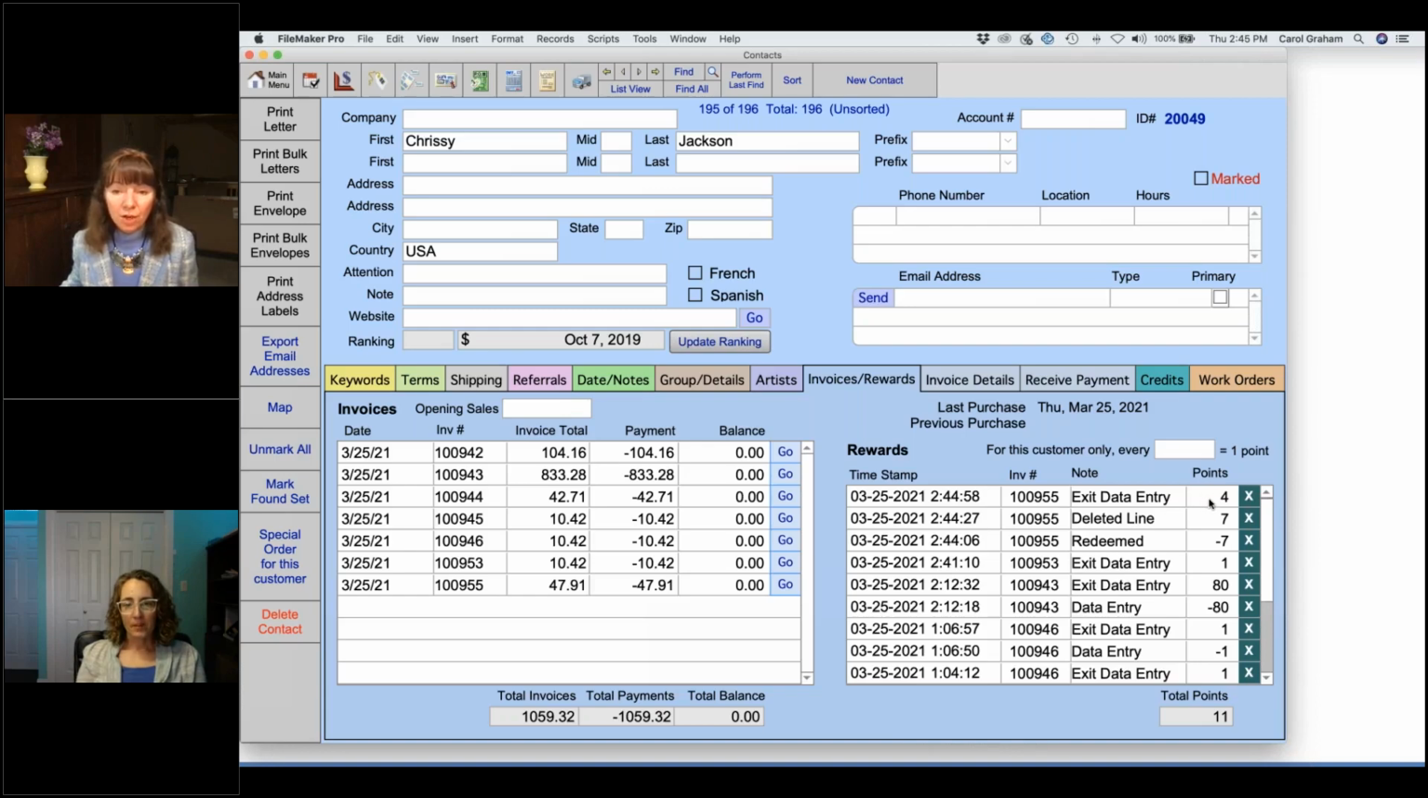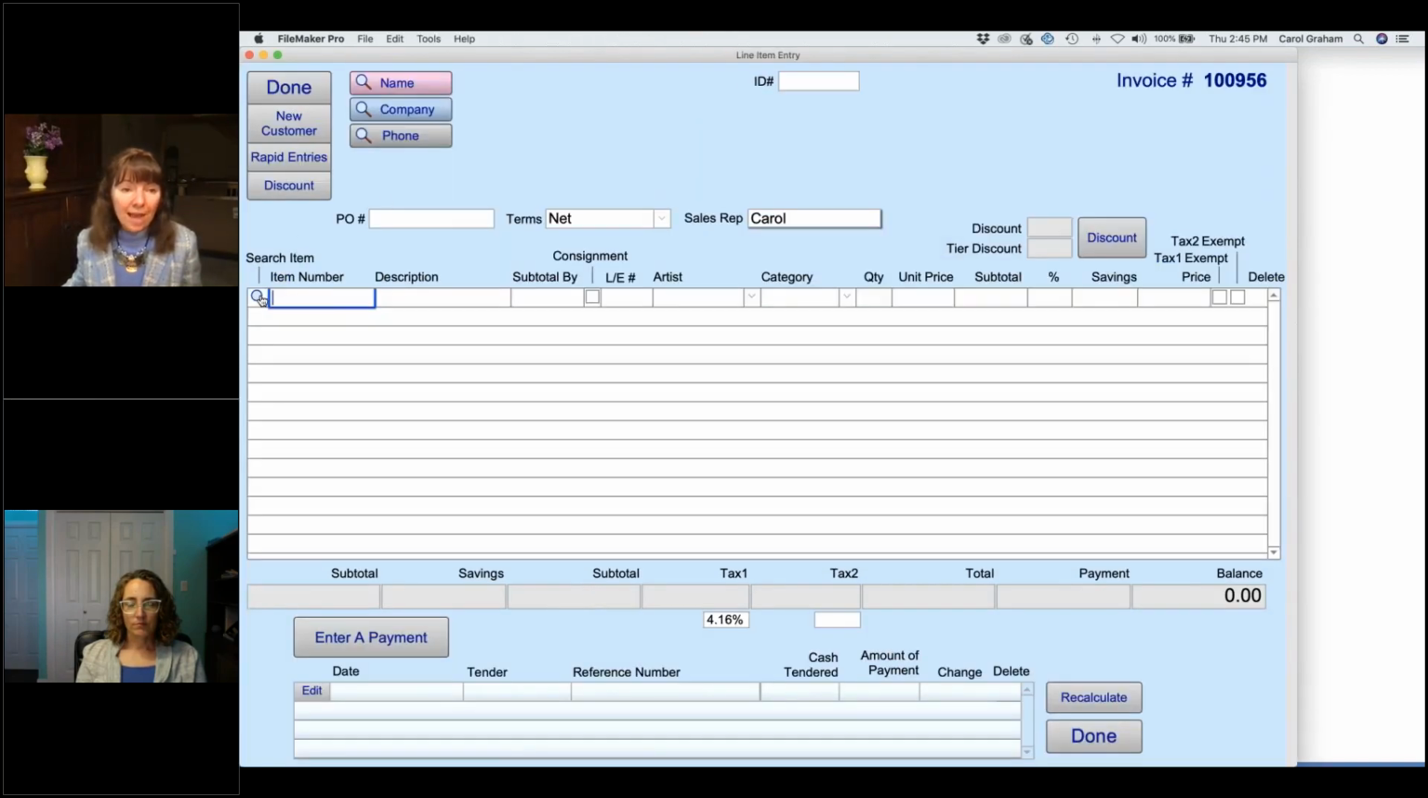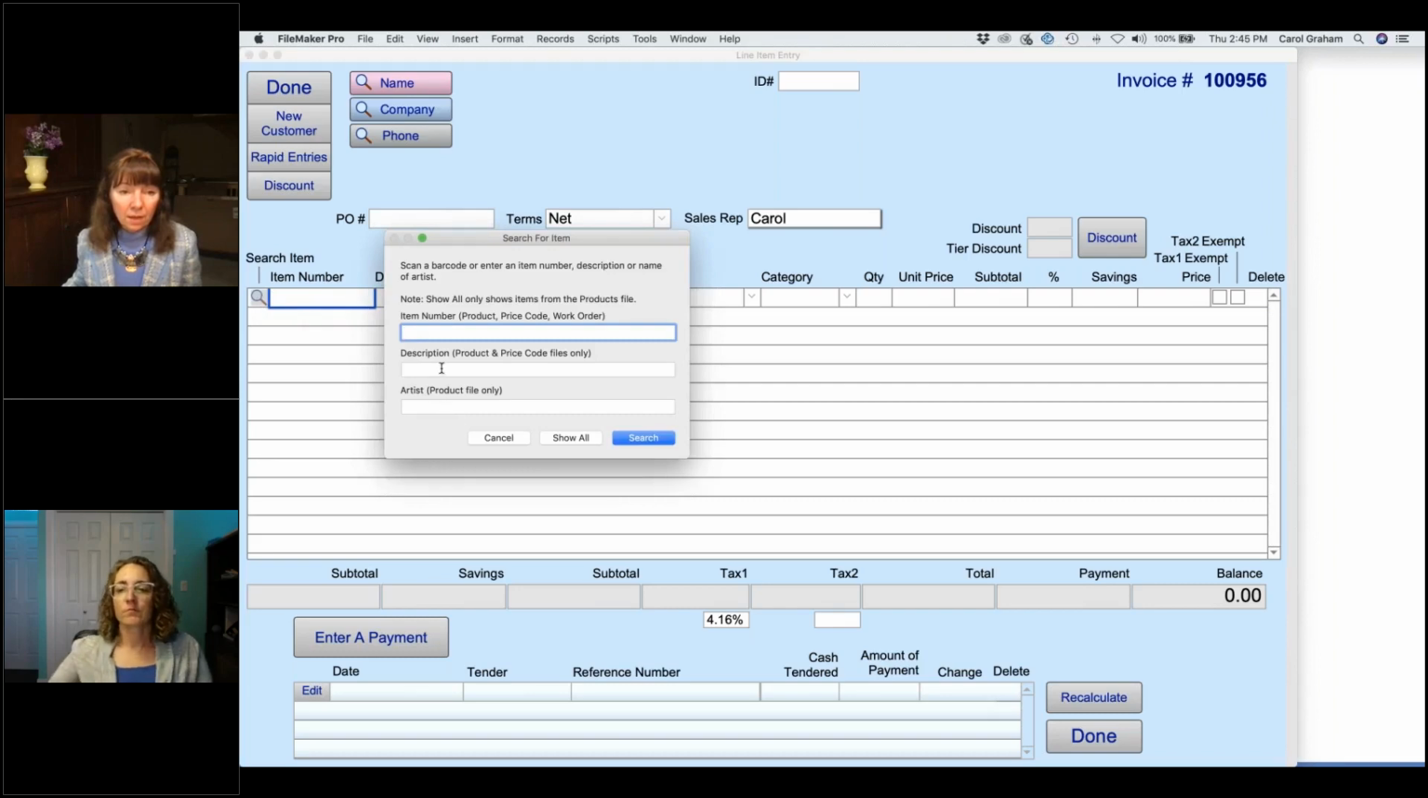So when she finished, she actually had the 4 points. So now we want to say, yes, she does have enough points that she can redeem them. So we want to go ahead and create an invoice for Chrissy. And we're going to say, yes, she's going to redeem these points, and we'll follow through and show that they actually have been redeemed. So if I was to create an invoice, and I'll just do a find for something,